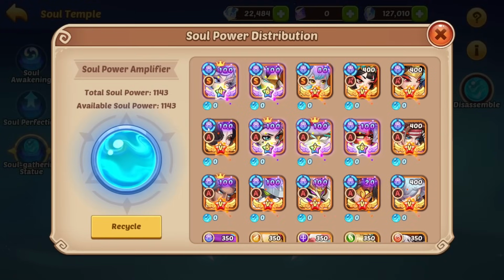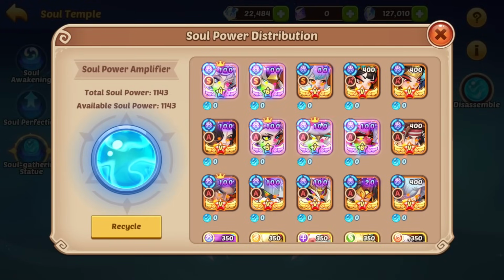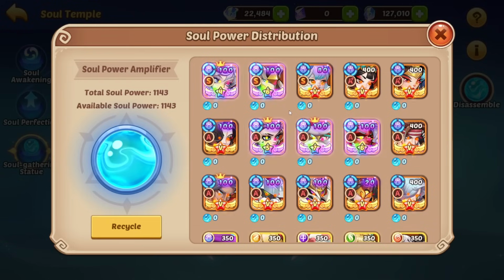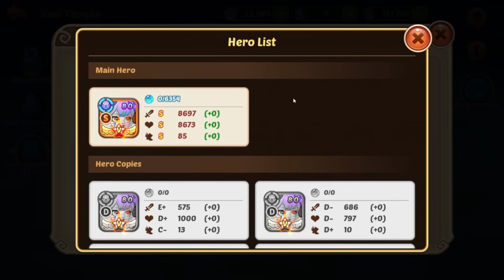And yeah, you can allocate that to any hero that we want. We can do 500 here, 600 there. There's no difference. We can do all of that. One thing though to note, the higher the awakening tier, the more you can allocate to a hero. We can see for S tier, 6,354 soul power,